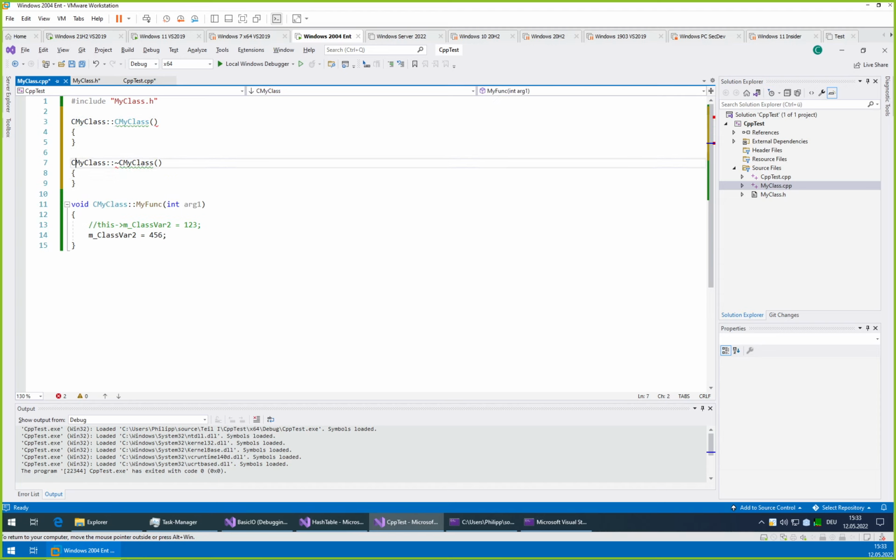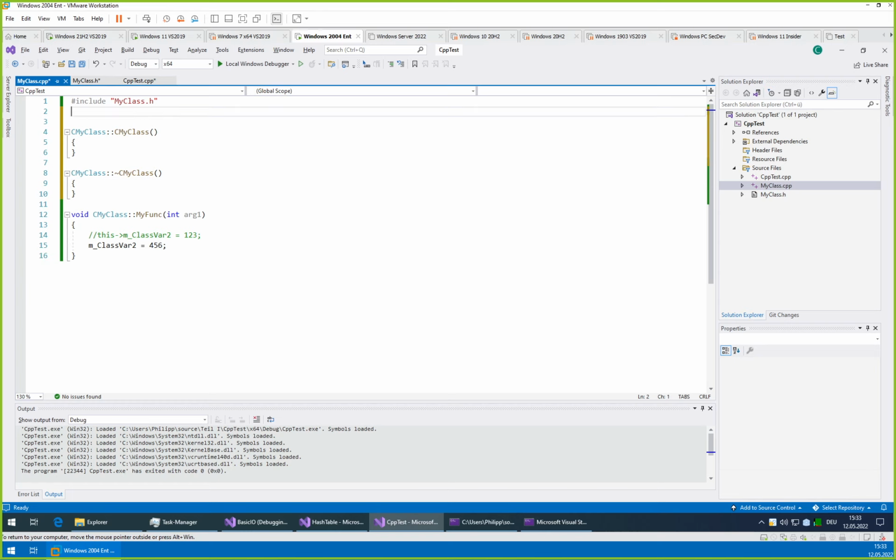And the destructor comparably will always be called whenever the class gets removed from the stack or we delete it explicitly from the heap.